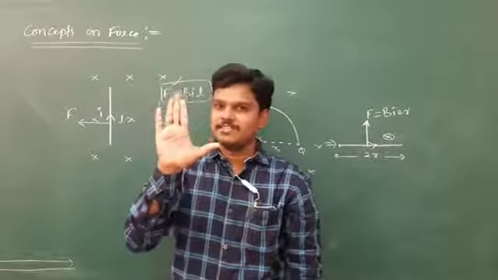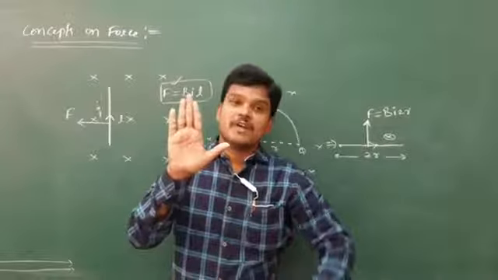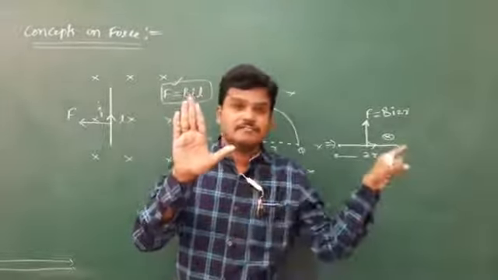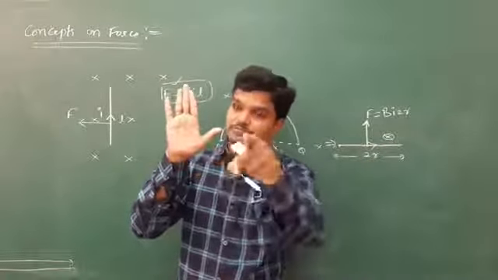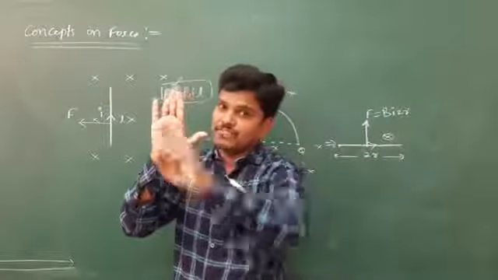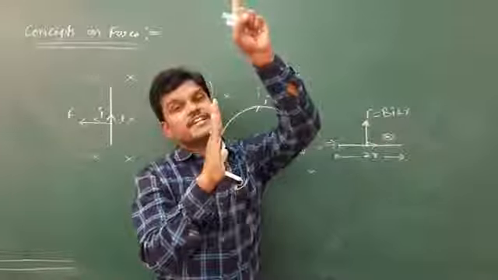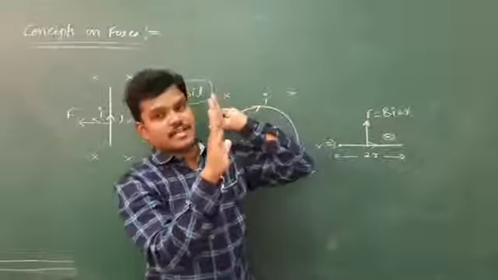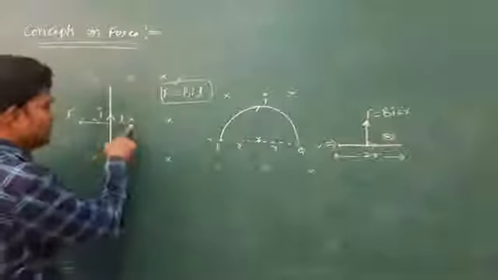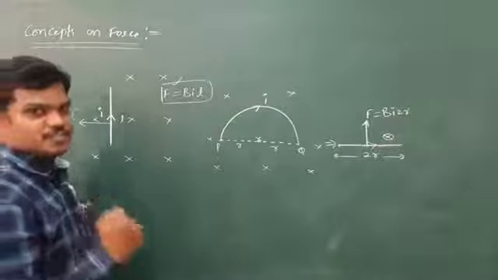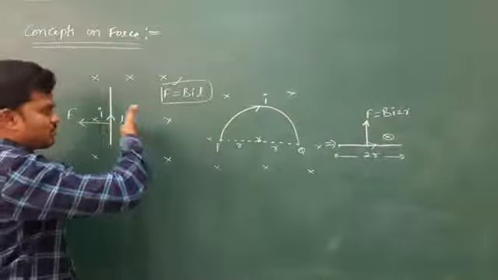If I place my hand in this manner, all these fingers will give the direction of magnetic field. This is motion of charge, nothing but current, and this shows towards you. So this is the direction of the force. If I place my hand in this manner, this is magnetic field, and into the board is current. This is the force. Just you check here. Field is into the board, which means I have to keep these four fingers into the board.